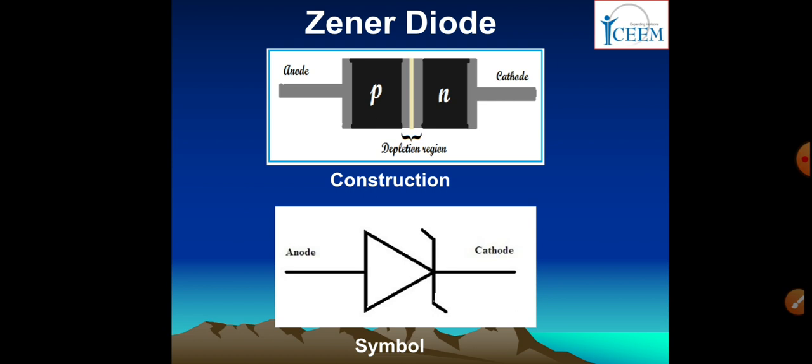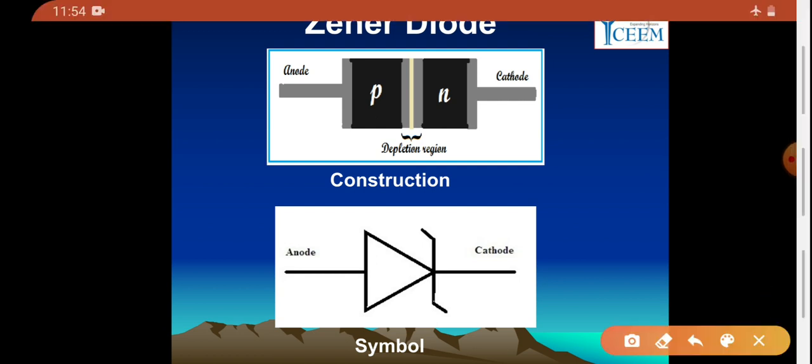What is a Zener diode? As we know, a PN junction diode works in forward bias mode only. There was a scientist whose name was C. Zener, an American scientist, who invented a diode which can work in reverse bias condition also. So it is a bidirectional diode. The basic PN junction is the same as a PN junction diode, but with different doping concentration and different doping material used. You know, doping is the process of addition of impurity.